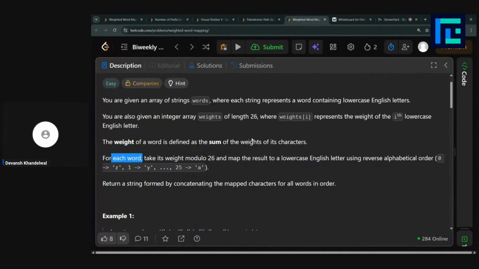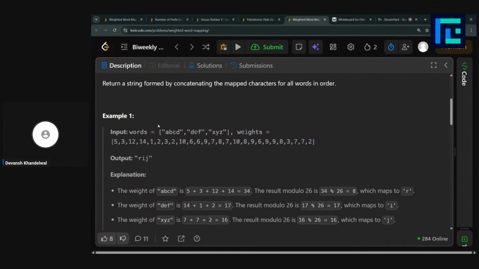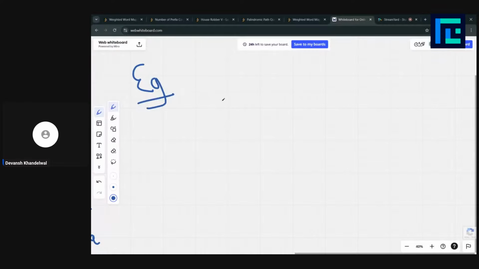Let's also discuss an example. Let's also see an example here. So this is what we are given as an input. Okay, great. So let's go here.